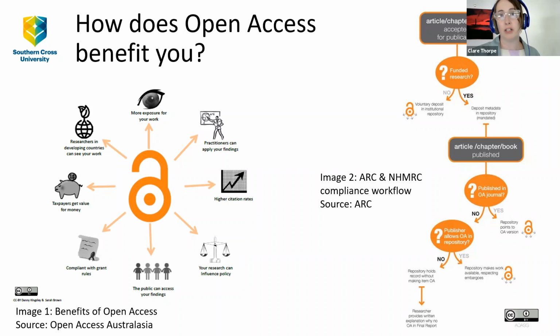We do know from research conducted by some of the publishers who are engaging in the open access space that open access articles can have up to 4 times the number of citations when compared with paywalled articles. And those citations come from a greater and more diverse number of countries. So it really does increase that global impact. And as I've mentioned before, making your research accessible beyond academia to influence government policy, to increase partnerships with industry, and to increase the visibility of your own reputation and profile are all benefits.